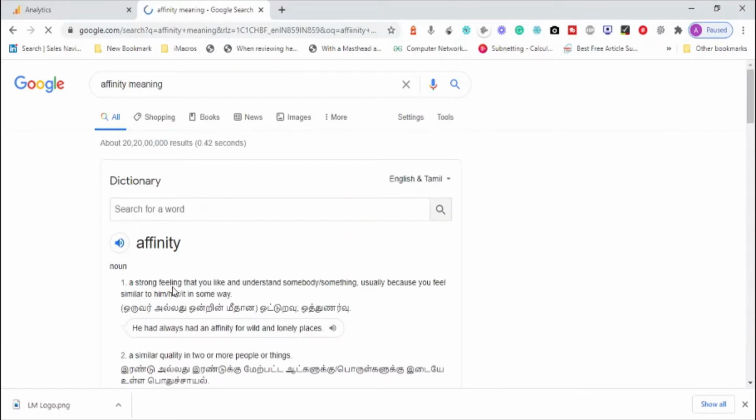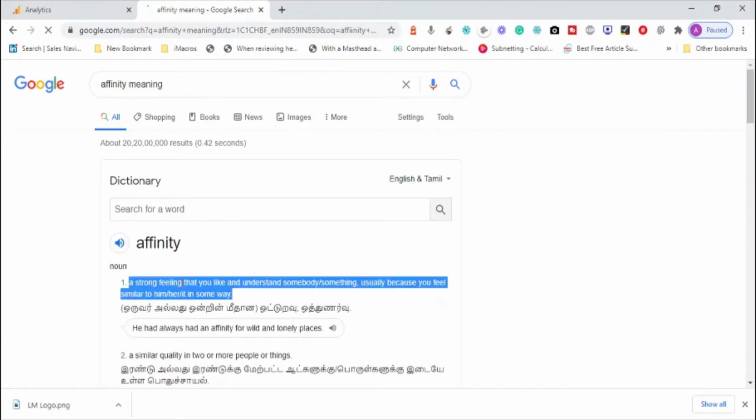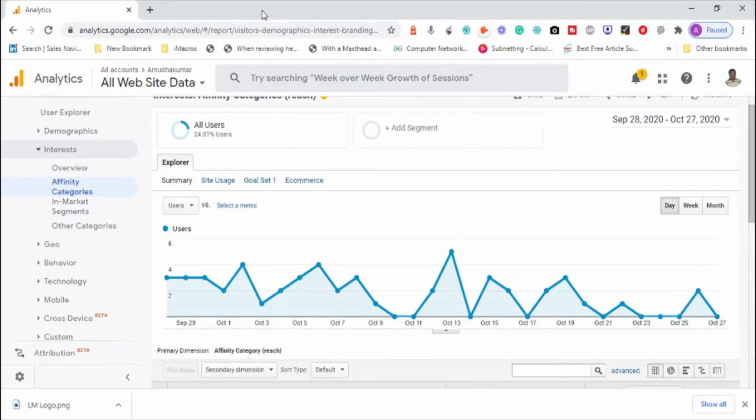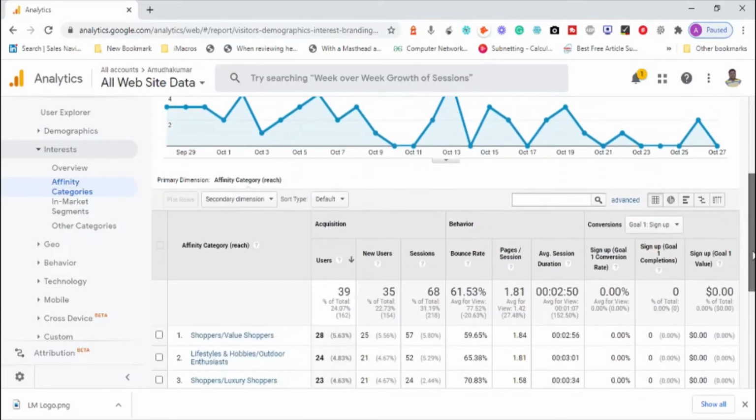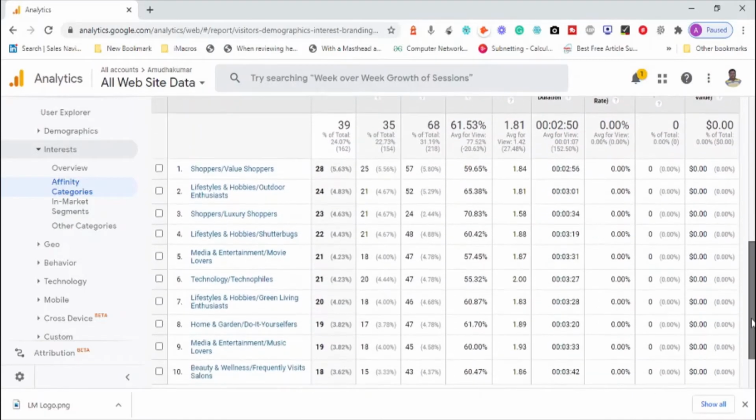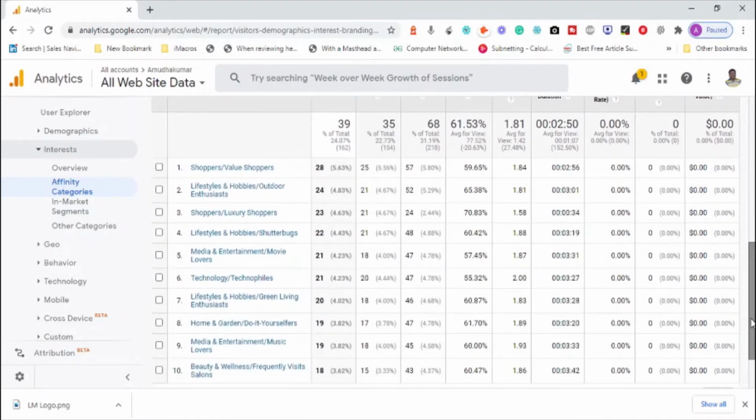Okay, so affinity means a strong feeling that you like and understand somebody or something, usually because you feel similar to them. Which means by default you understand something, by default you like something; you don't need somebody to push you or pull you to do something. That's basically called affinity category, which means in my business, my website amudhakumar.com is attracting people in different categories